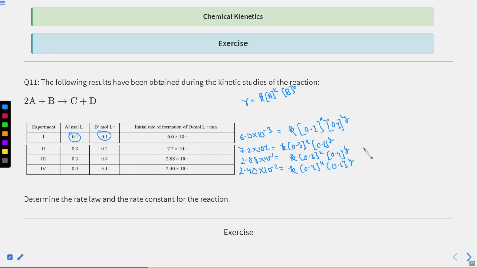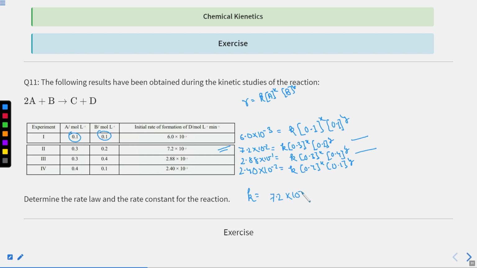Now let us take two such rate expressions in which one of the concentrations is kept constant. Let us take this and this. In this case you can see that the concentration of A has been kept constant, 0.3, 0.3. So we will just equate both of these. Since k will be constant for each of these, as k is not dependent upon concentration, k will be equal to